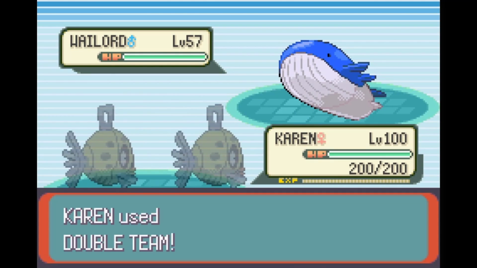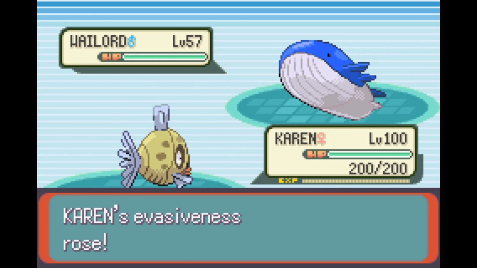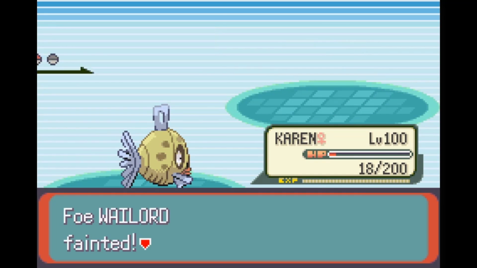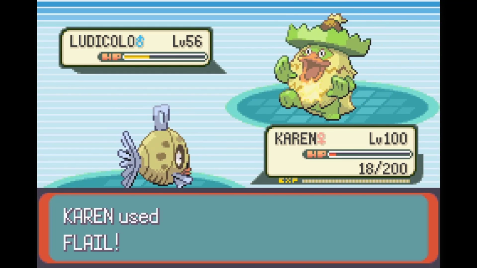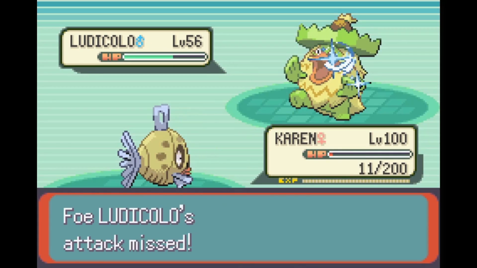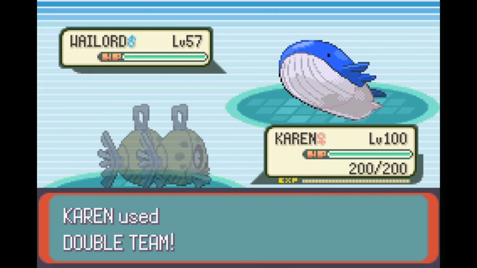Wallace is indeed a huge struggle, even with Double Team. His Wailord is so tanky and would keep hitting Double Edge even after we boost our evasion. Pretty much everything he has also survives through anything we can throw at it, even a max power Flail. After 3 losses to him and having to redo the entire Elite Four, I start to have what looks like